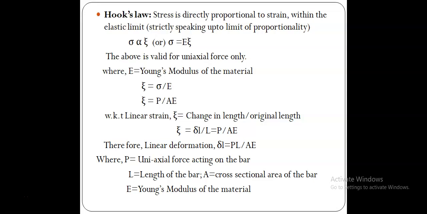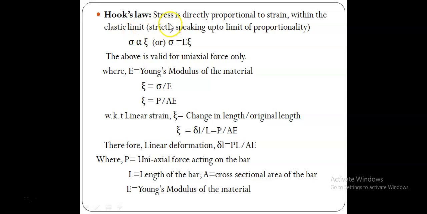Suppose a member or a material is loaded, once it is strained, that can be physically viewed. We can see that one, we can feel, and that observation can be taken. What is the deformation that takes place? That should be taken, that is del L. And what is the original span? So del L divided by original span gives the strain, that is epsilon. So next let us see Hooke's law.